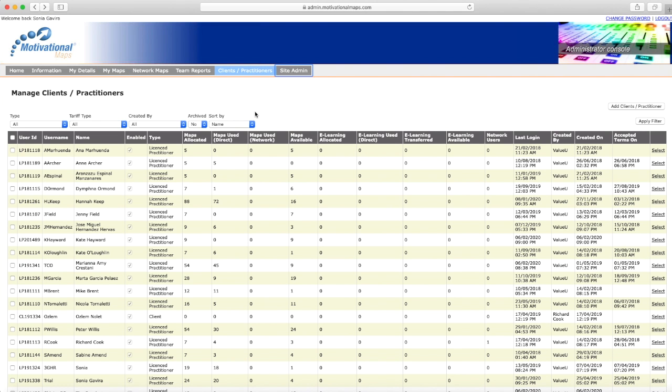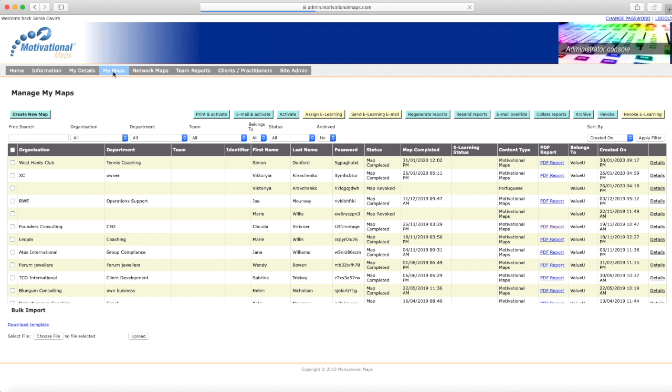And the motivational maps people will use that. And here's where I add different clients and practitioners. So let's go back to my maps, because once you've logged in, the first thing you'll want to do is